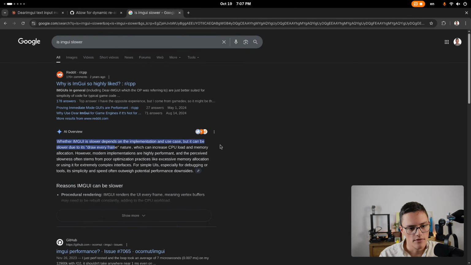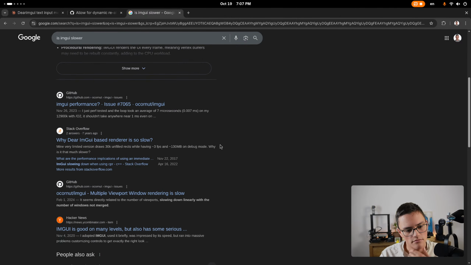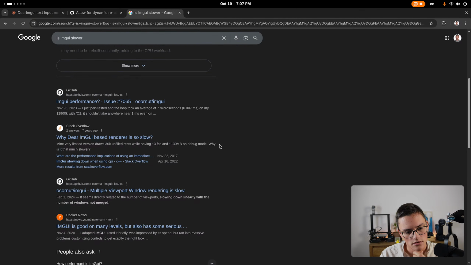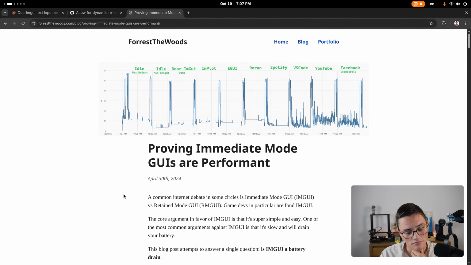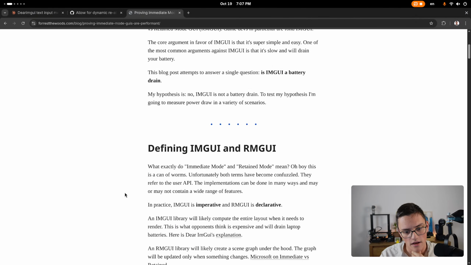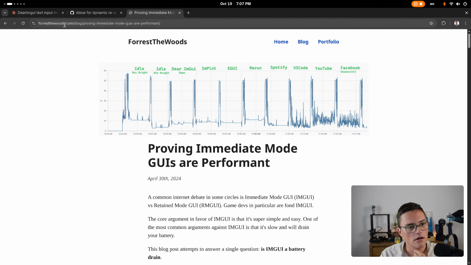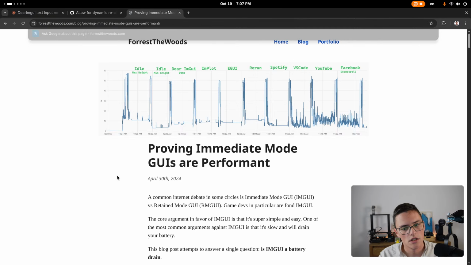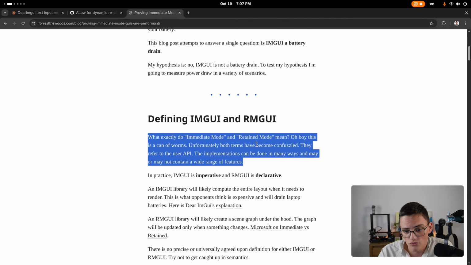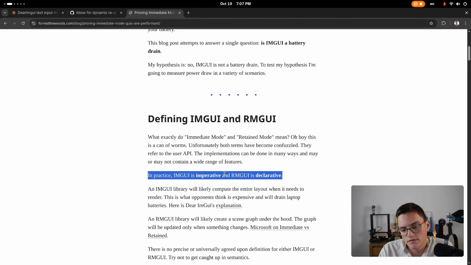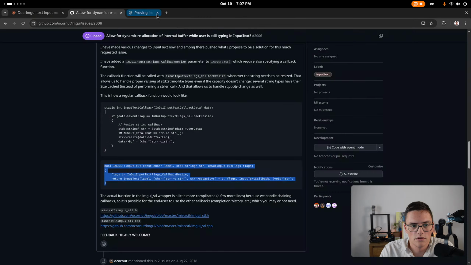There were a couple of articles measuring performance. Yeah, like this one, I think. From Forrest the Woods. And immediate mode graphical interfaces were not slower in every case when compared to retained mode. They were actually more performant in many cases. And the thing is, this